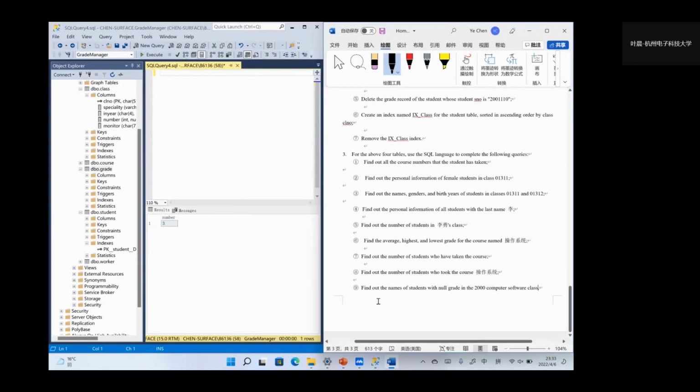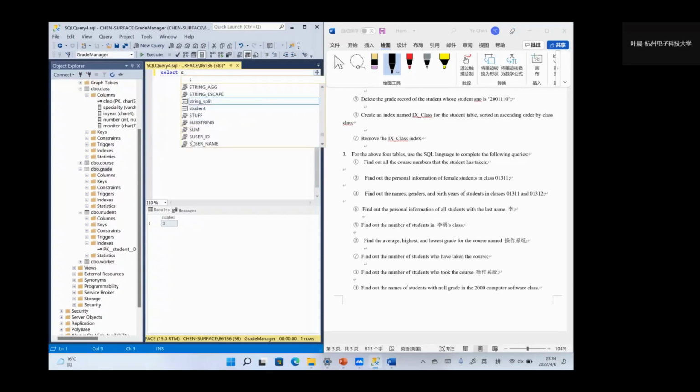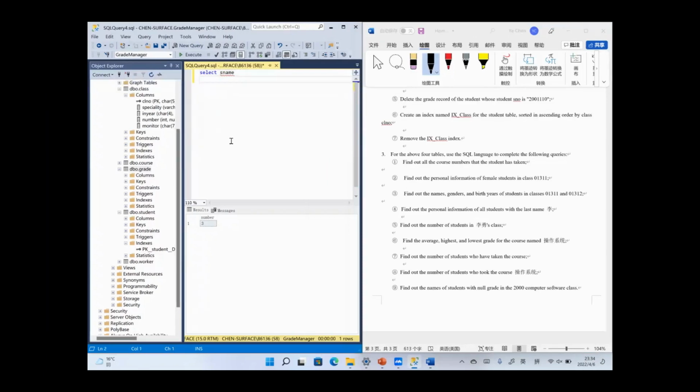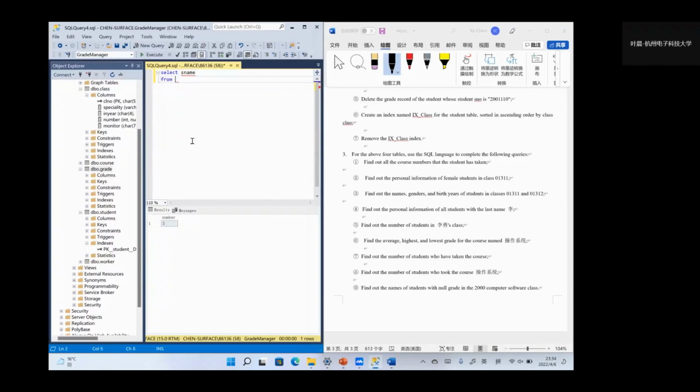We need to either join them together or use a subquery to query the information from different tables. So here you can use a join from these 3 tables: from student and grade and class, where